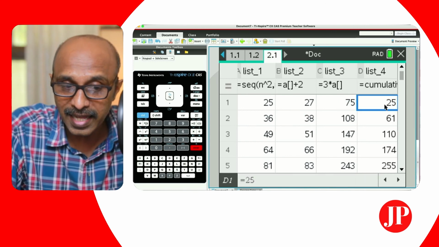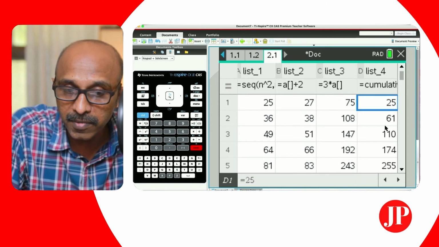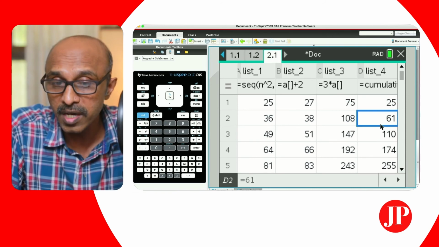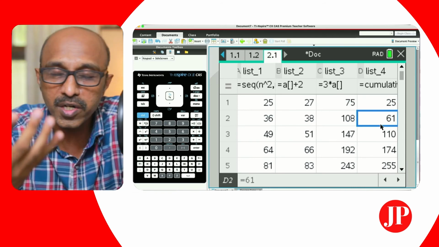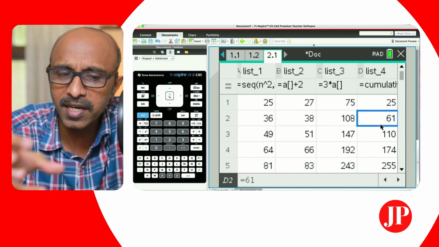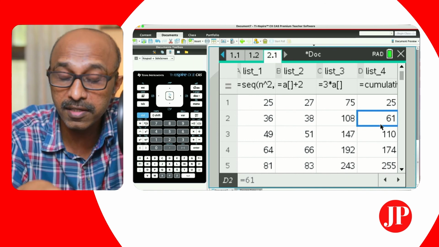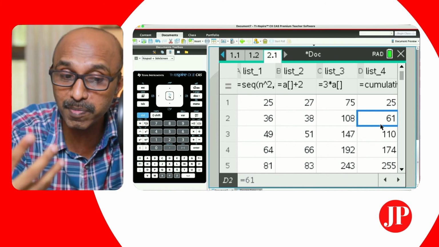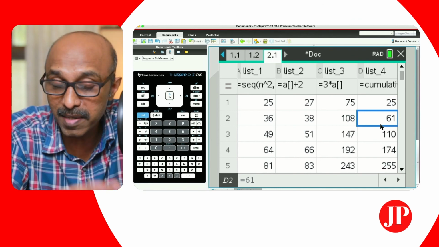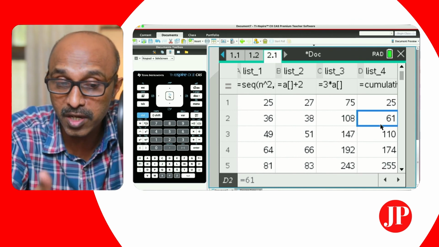Hit enter, and that's the cumulative sum. So 25, and 25 plus 36, and so on and so forth. If you're interested in making a cumulative frequency chart, or anything to do with cumulative frequency, you can use your list and spreadsheet page just like an Excel spreadsheet, entering formulae, using it smartly with random integers, random samples, and so on.